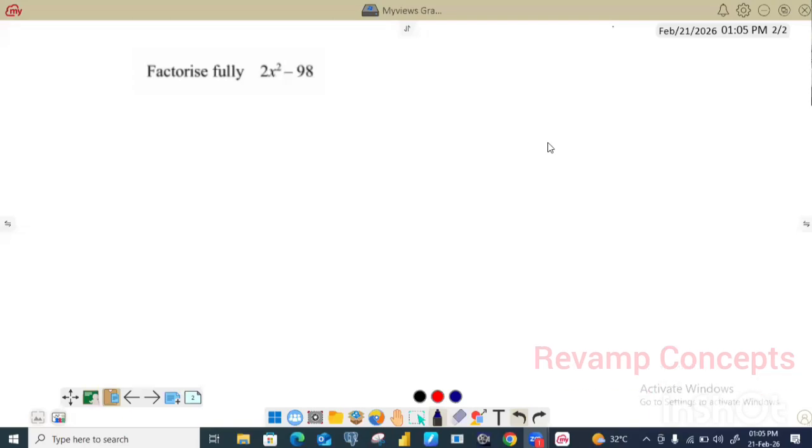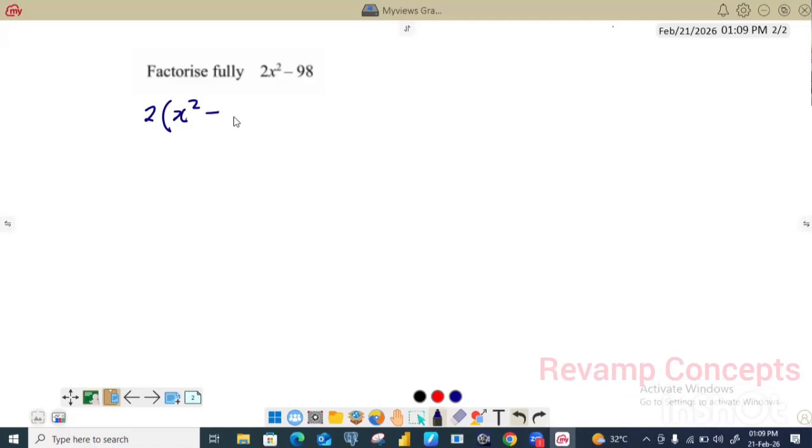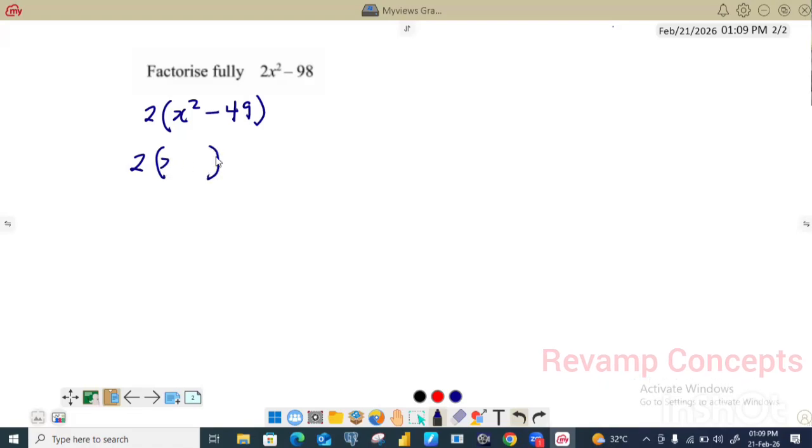Now this particular one is a bit simpler than the first one that we did. Let's just factorize the expression by having 2 outside the bracket. 2 is common to both terms, so you can have 2 times x squared minus 49. But what is in the bracket already, x squared minus 49, can as well be re-expressed as